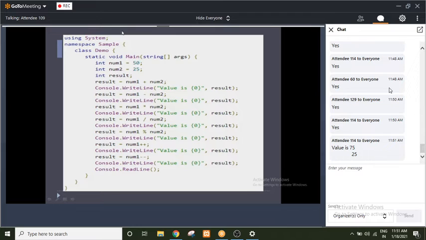The value is 75, the value is 25, the value is, multiplication of 50 and 25, that is 1250. And the division will give you 2, the value is 2. Modulo will give you 0, the value is 0. Increment num1 will give you 51, and decrement